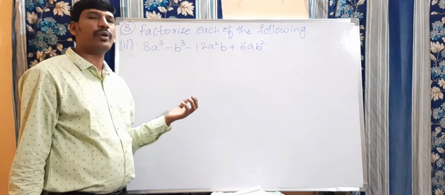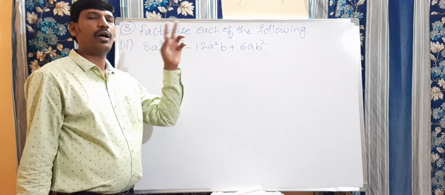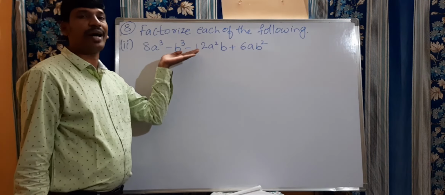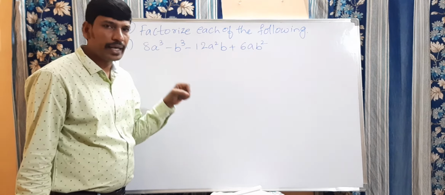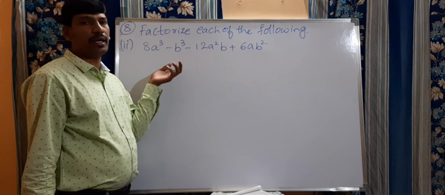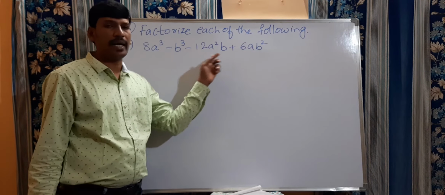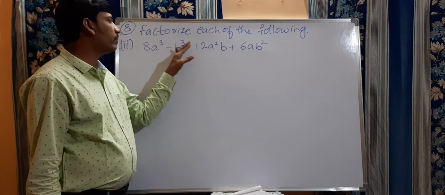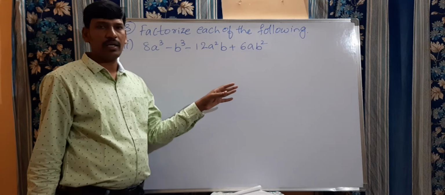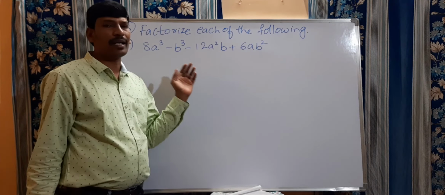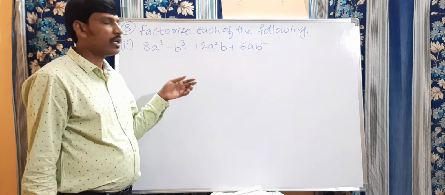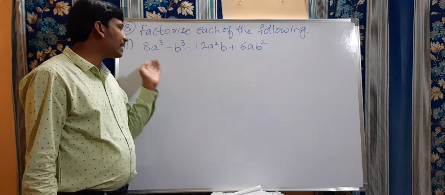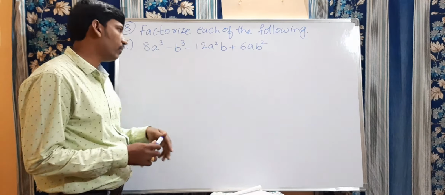So in the previous problem we applied x plus y whole cube, so you will get the expansion. Now here they have given the expansion, and we are going to factorize by using identities. Which identity are we going to apply here? By seeing the terms you will get an idea. Think that this is x cube minus y cube minus 3x square y plus 3xy square. This entire thing is nothing but x minus y whole cube. So you have to simplify each and every term, and you will get the x minus y whole cube form.